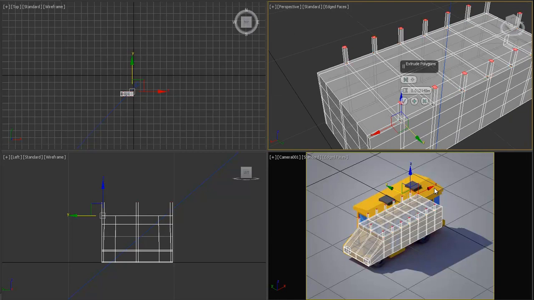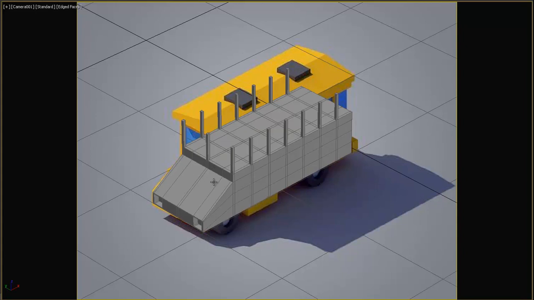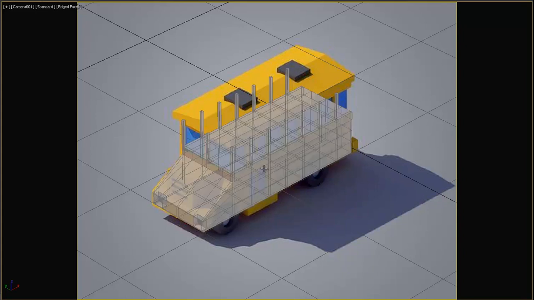Now extrude, and let's look from here how much we need to extrude, like this. Okay, let's make it Alt X to see it clearly. It's okay. Now let's add this front engine part,